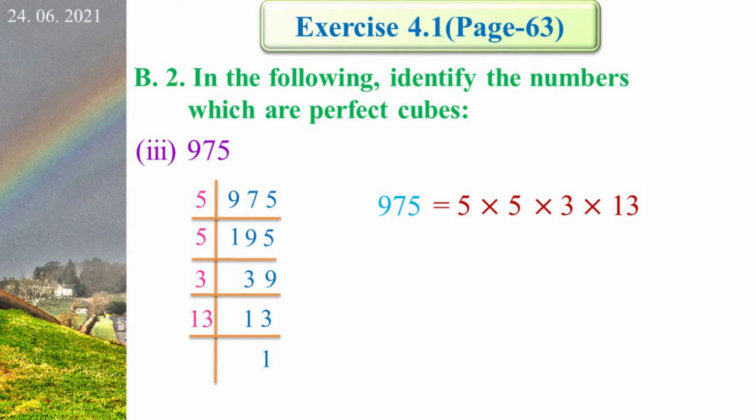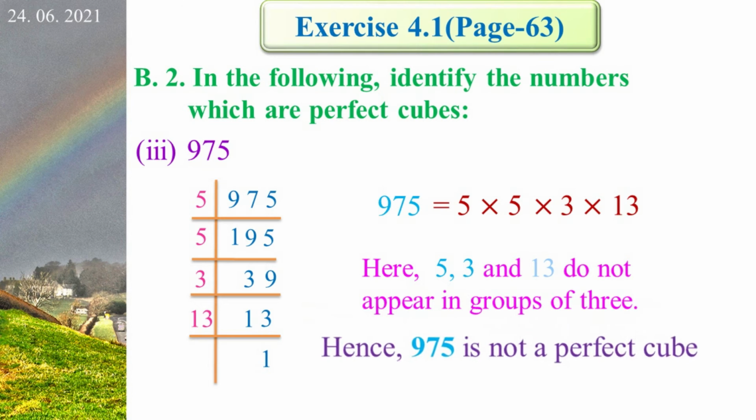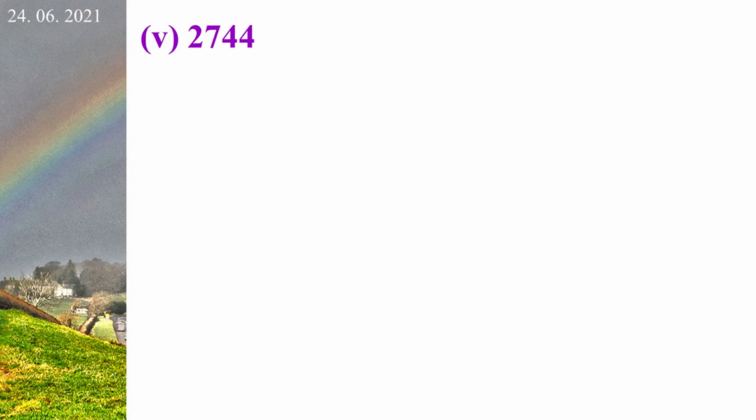See the factors. Here we cannot make groups of 3 identical prime factors. 5, 3 and 13 do not appear in groups of 3. Therefore, 975 is not a perfect cube. Next question,